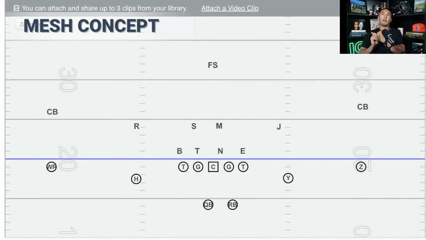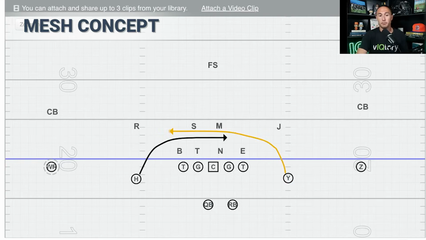Guys like anyone that runs the air raid offense, Hal Mumme, Mike Leach. We'll link a video above we did on the air raid if you want to learn more about the air raid offense. But Cliff Kingsbury, all those guys, Lincoln Riley, they have their mesh systems built in from 1,000 different formations. Because you can run this mesh concept, you get this underneath here, and there's your man beater, and then